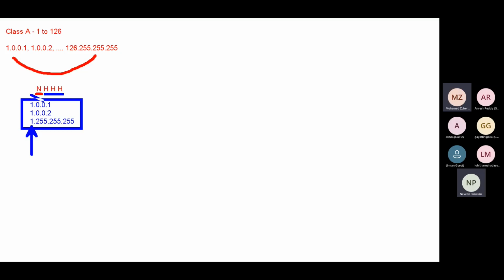10.255, after that it will be 2 again, 2 will come in here, like that. We'll be having so many IPs in class A. Okay, so if the network digit changes, then the network also gets changed. For example,